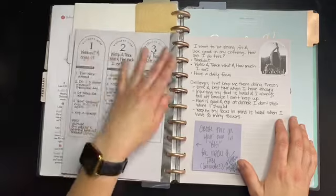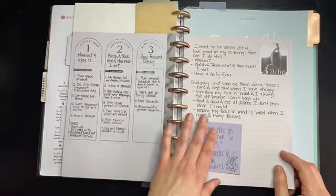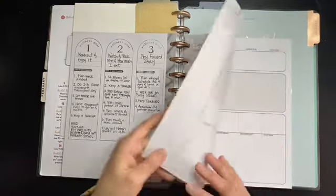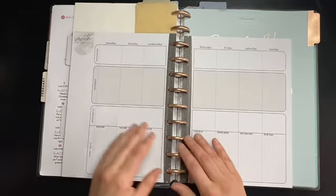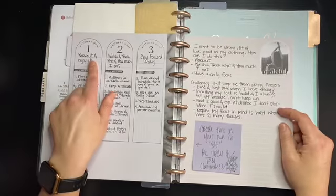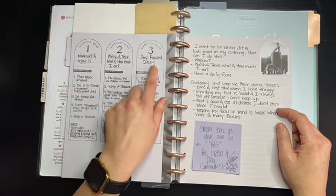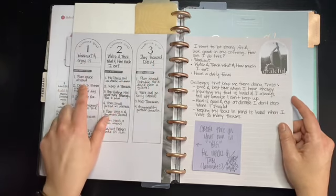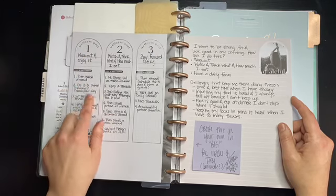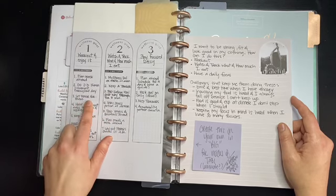And here are my actual goals, because it came with this page. And then each month I have a little page to write to myself. Part of my goals, which I'm going to show you during this flip through, is to work out and enjoy it, watch and track what and how much I eat, and to stay focused daily. So I wrote out what I need to do to work out and enjoy it. Plan the week ahead, do 2 to 3 15-minute movements throughout the day, set a timer for them,